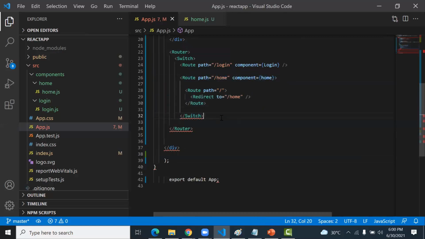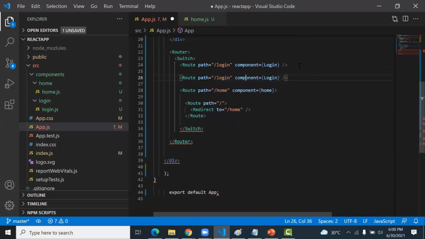So /home is also ready, /login is ready. Similarly, I create a route for sign up. So here I write, if it is /signup, then go for which component? Sign up component. There is a home page component, right? Home page. So now create the sign up and login.